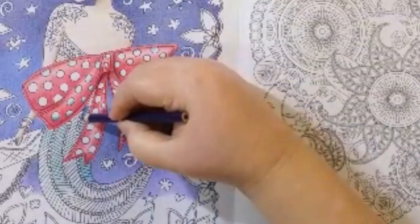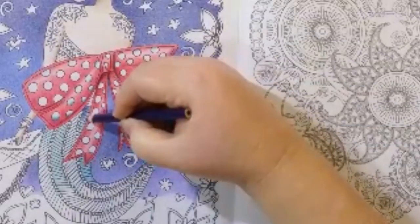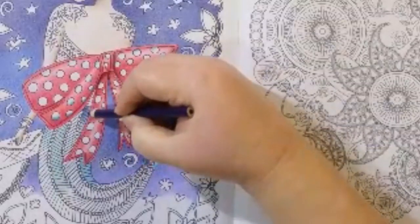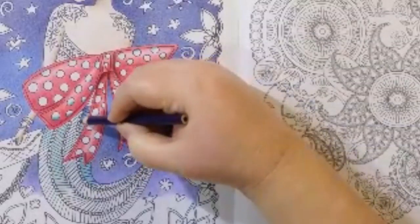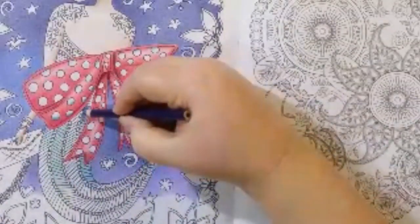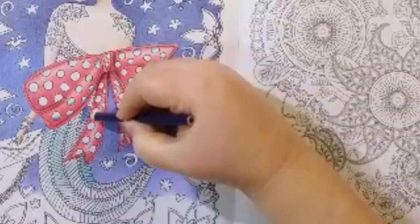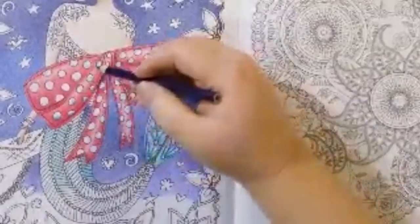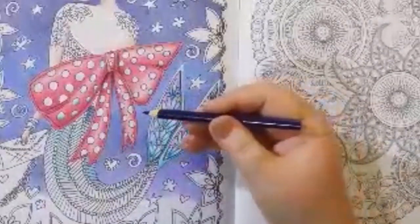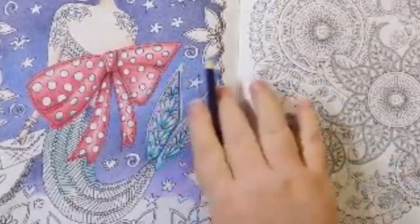And there's other little tricks you can do too, like if say you're doing green. So we want to do a green leaf. But the green in your pencil set is just not going to give you the depth you want. It's not going to be anywhere near as dark as you want. So what you do first, and this is just indigo in my hand, the first thing I'd say to do is that you could